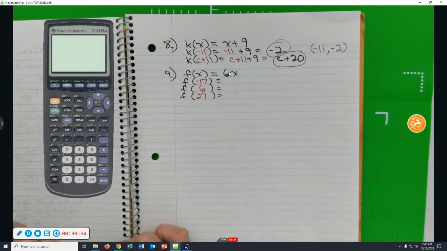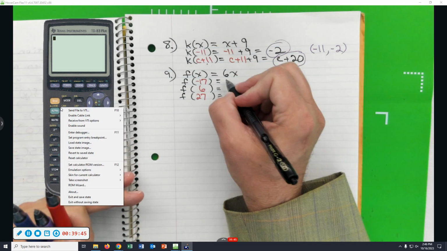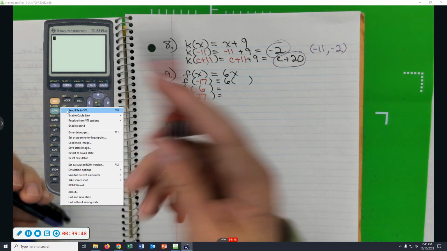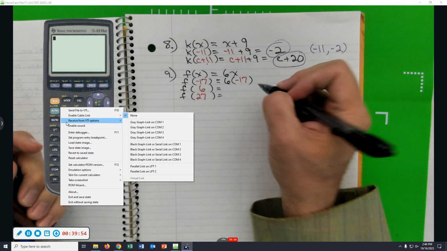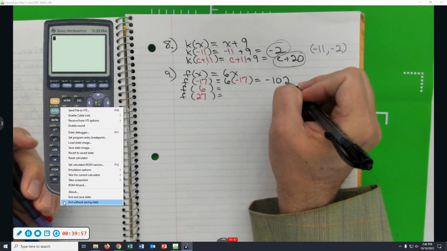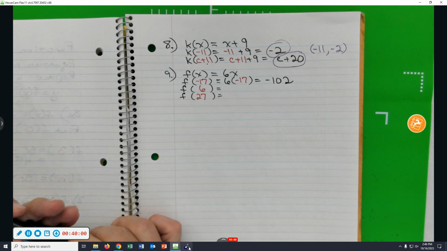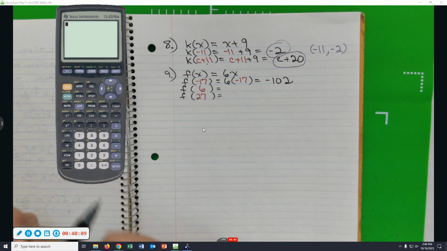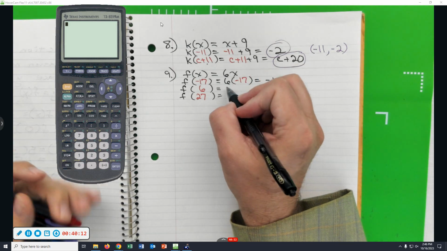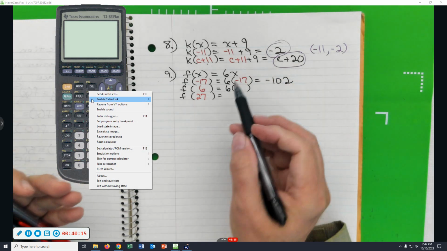Okay. F of negative 17. We go to our function f. Wherever we see a variable, we replace it with negative 17. So you have 6 times negative 17. Is that going to be a negative 102? Is my mental arithmetic correct? I was going to punch it in my calculator. It's right. Okay. 6, replace my x with,